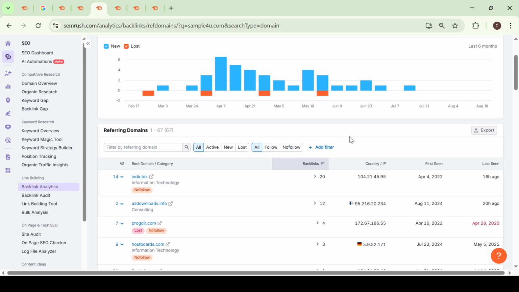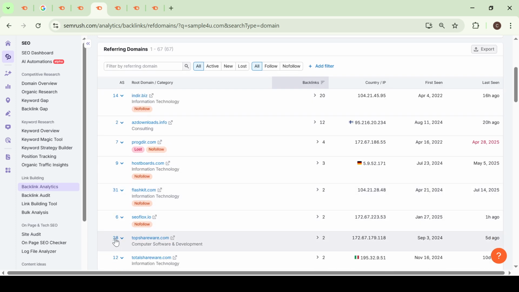Now, as you go through your list, it's essential to assess the quality of each prospect. Look for prospects with high authority scores, strong domain ratings, and good traffic. These metrics are indicators of the potential value of obtaining a backlink from them. It's also a good idea to check if they're already linking to content from your competitors. If they are, there's a strong chance they'll be interested in your material as well, especially if it aligns with